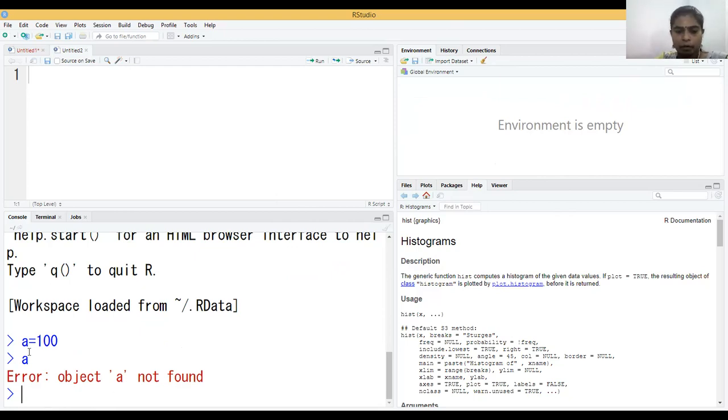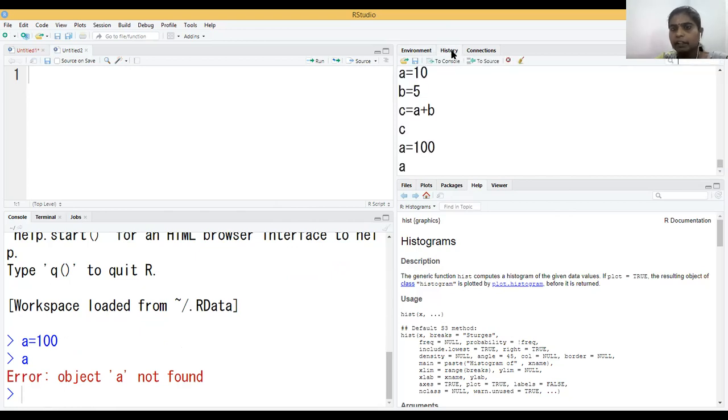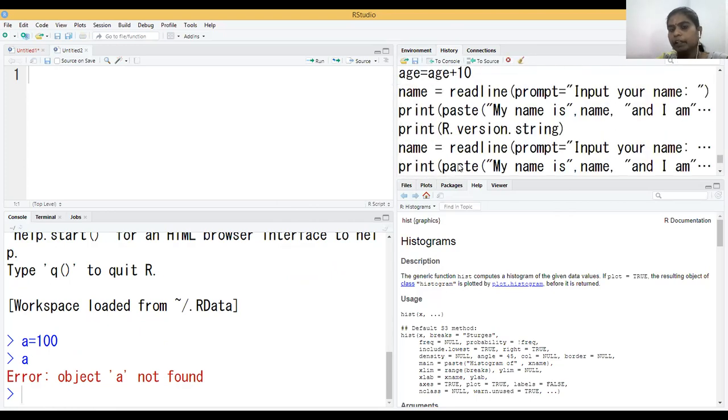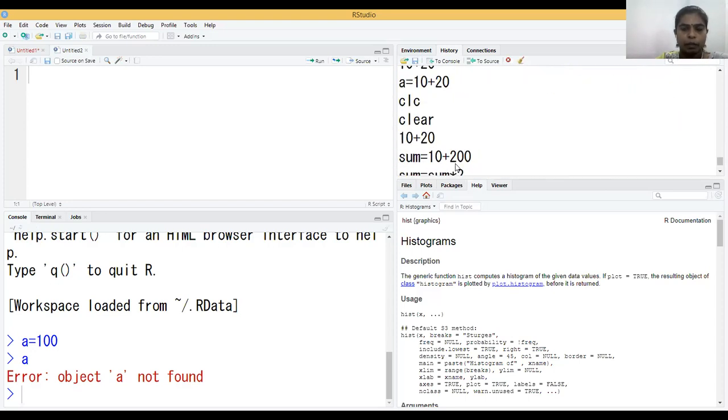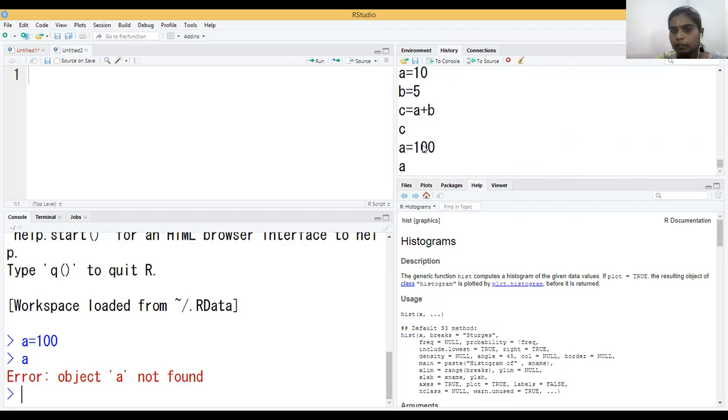Okay. So we have also seen that the commands we enter here are available in the history panel. In the history panel, you can see whatever commands we have executed, everything is stored inside, right? Suppose now I want to execute a previous command without going to this place. Suppose I want to enter this command, b is equal to 5. How do I do it?